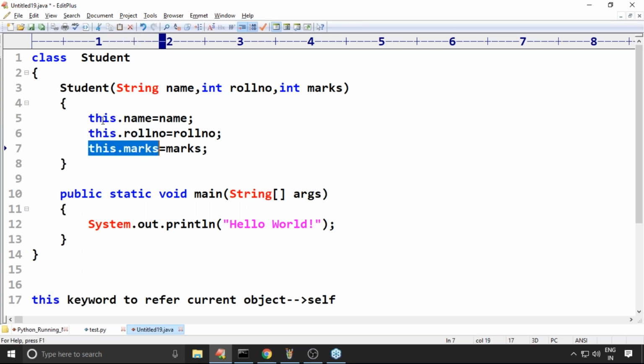Have you observed? What this plays in Java, self plays in Python.